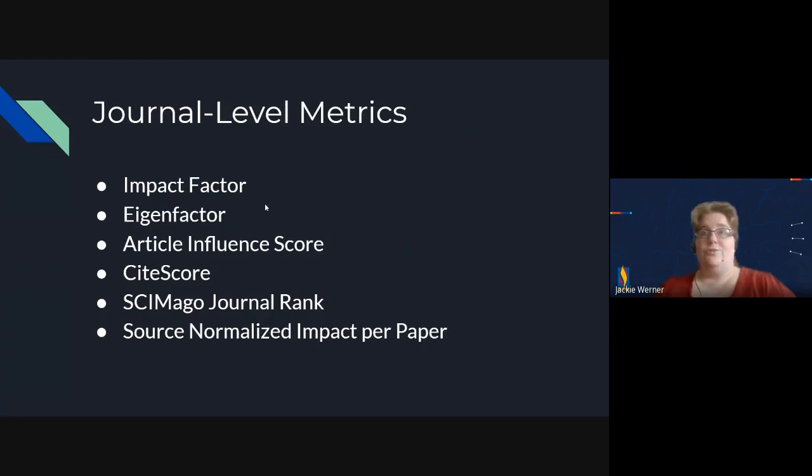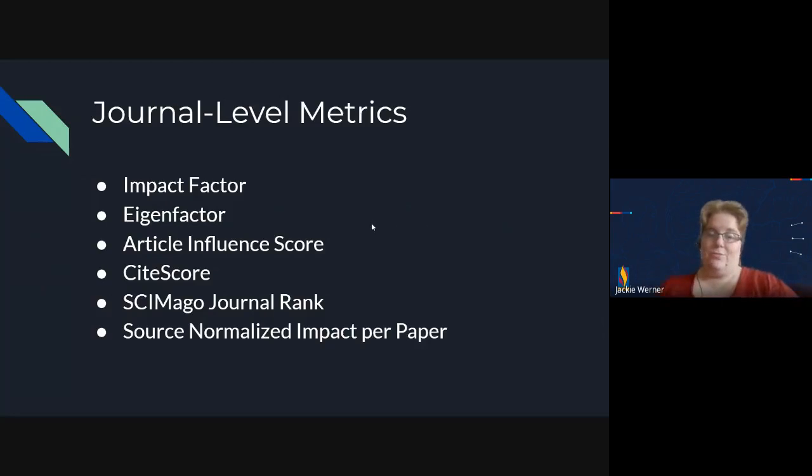And I'm sure there are even more factors out there, but the main ones we're going to be covering today are impact factor, Eigenfactor, Article Influence Score, CiteScore, SCImago Journal Rank, and Source Normalized Impact per Paper.